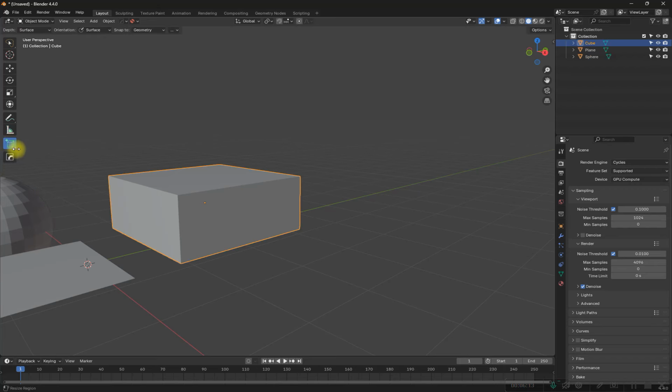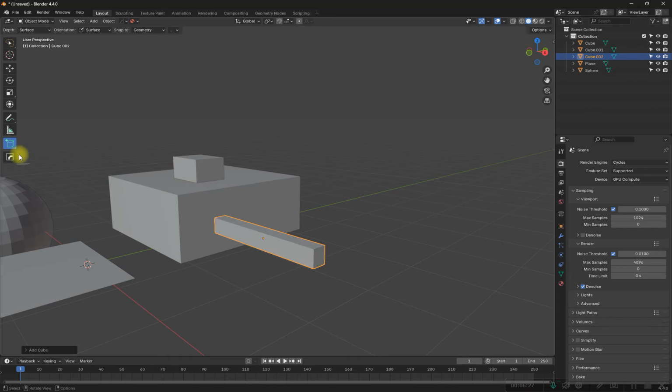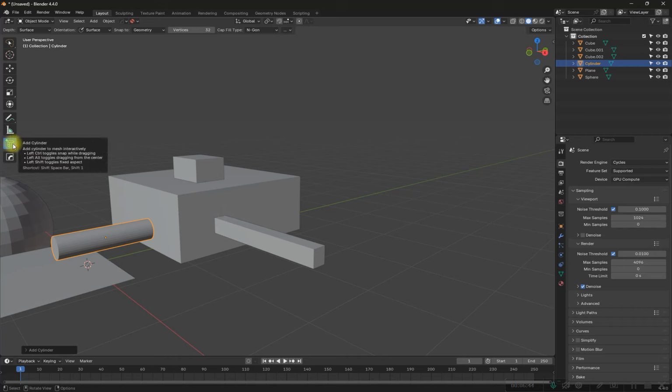So then we have add cube, add cone. All these are just literally you adding a cube somewhere. You see, add cube. Then I switch it to add cone, or let's use add cylinder. So I can click on this area. I can also hold shift to constrain it and pull it out. Beautiful in its own self. But I rarely use this, but there are times when you will need it. So that is all the tools